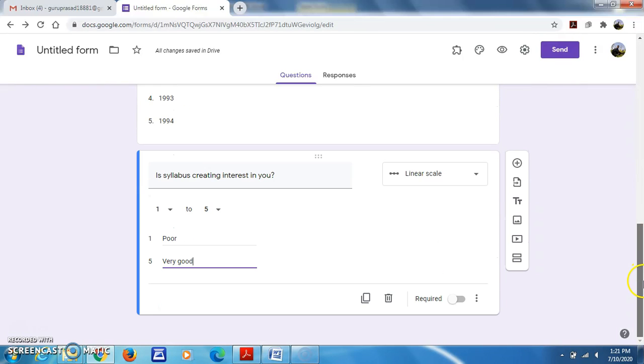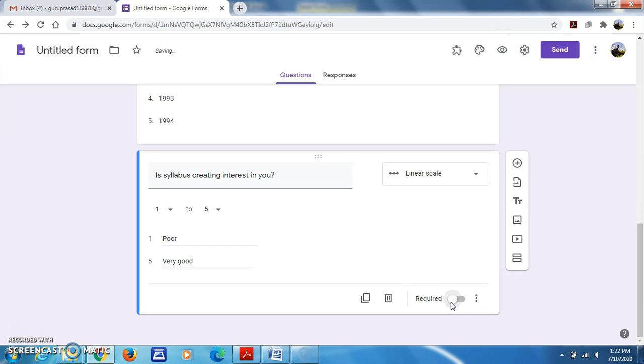If you have a compulsory answer for a question, you just select required. So it is no need to answer. The student or anybody can take it, maybe he may answer, he may not answer. So in that case, you want every question to be answered. So then click required. So you may not, you want to give an option for the students. They may answer, they can have an option. So they can answer or they may not. Ready to answer means you can give an option for that.